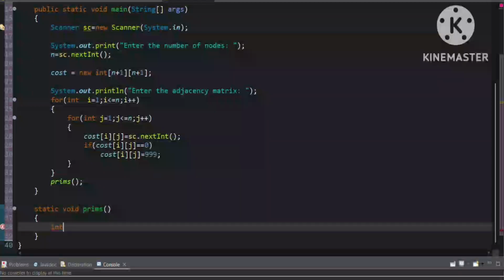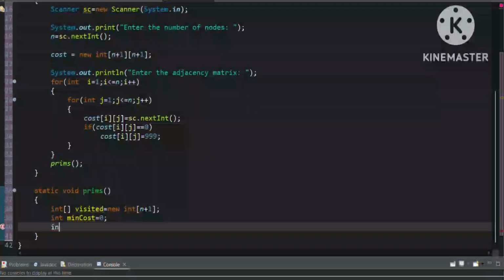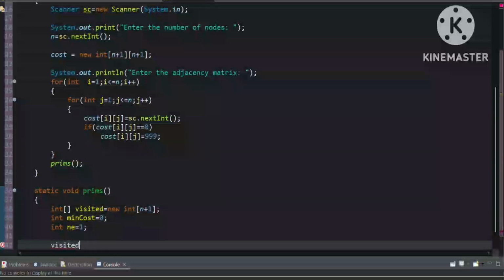Here we need another integer array which holds the visited values, again n plus 1 size, and we have to hold the minimum cost that is initially 0, and another one is ne equal to 1, the number of edges, that is initially 1, and it will be keeping track of how many edges have been added to the MST so far. So that we will look into later. Initially, the visited has to be 1,